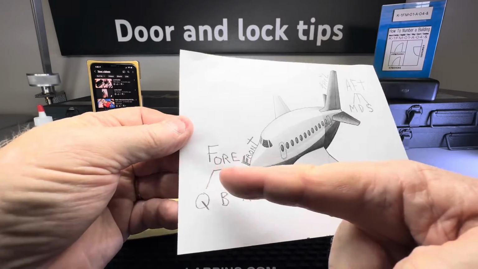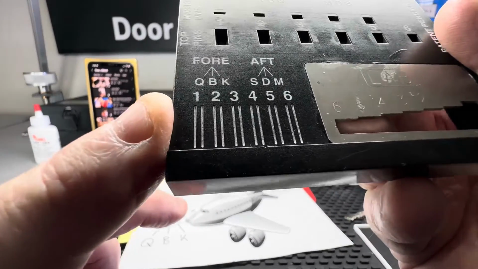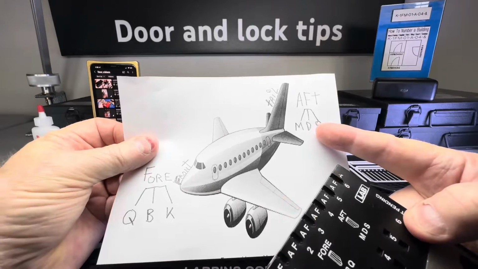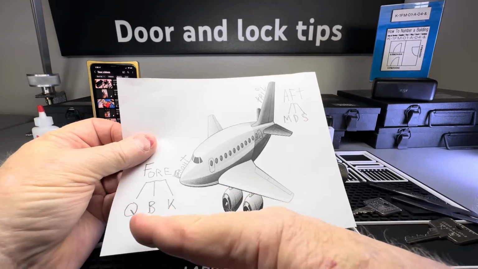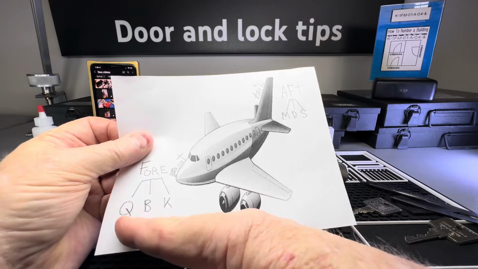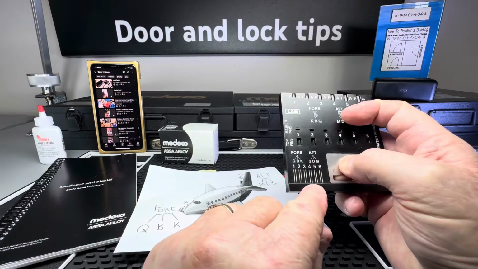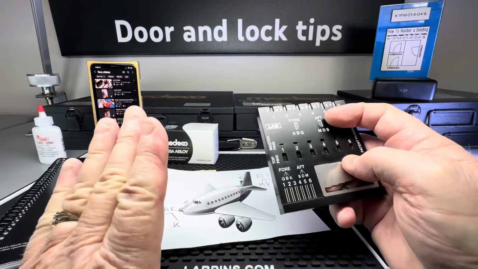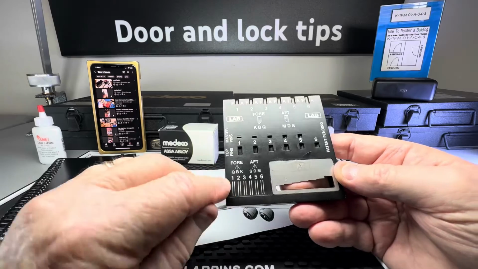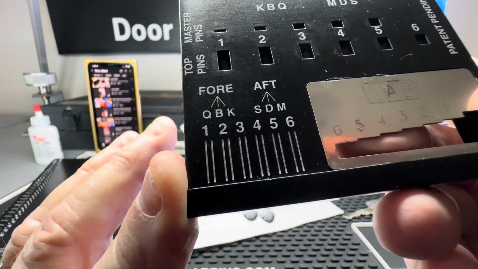And all the forward, or the front line of the pairs, is all going to be a Q, a B, or a K. Let's say you do a master key system and you want to use all Qs, or maybe just all Bs, or you want to use a Q, a B, a Q, a B, a Q, and a B for all 6 cuts. You can do that. The only problem with using forward cuts, the front line of these cuts, a Q, a B, and a K,